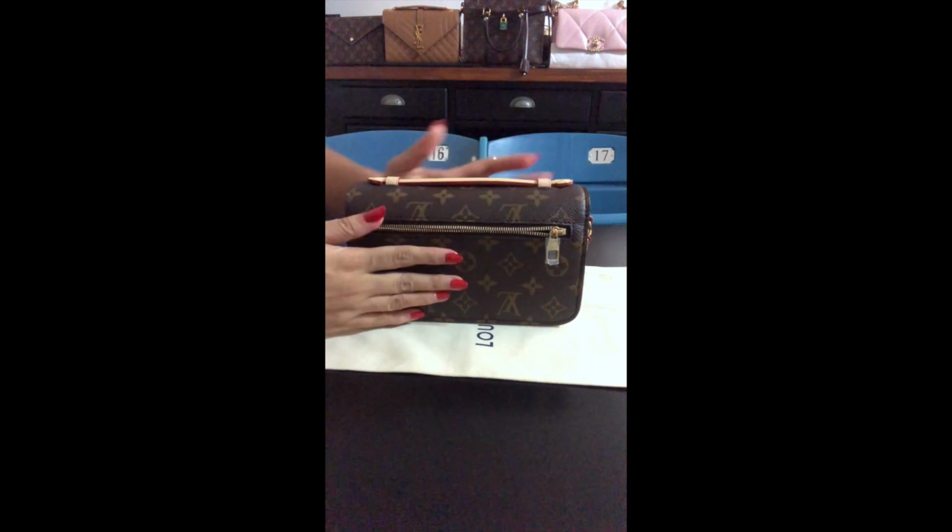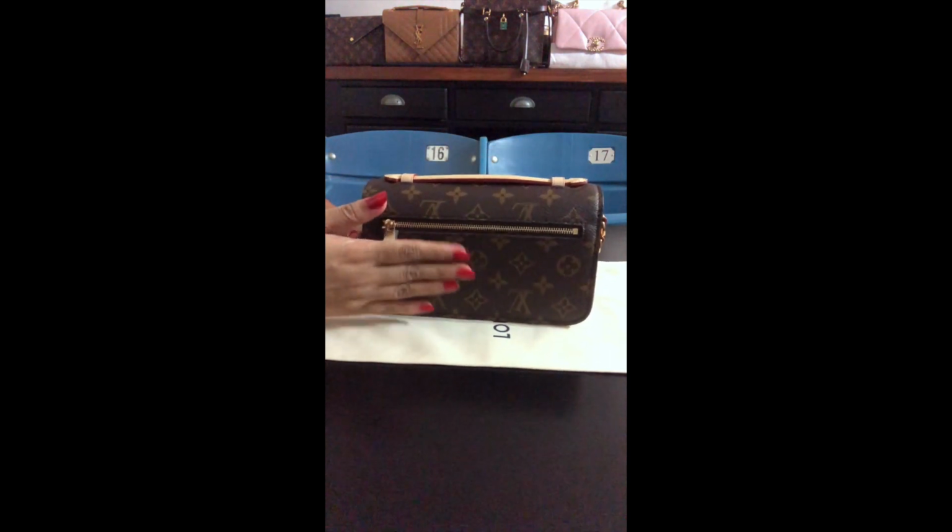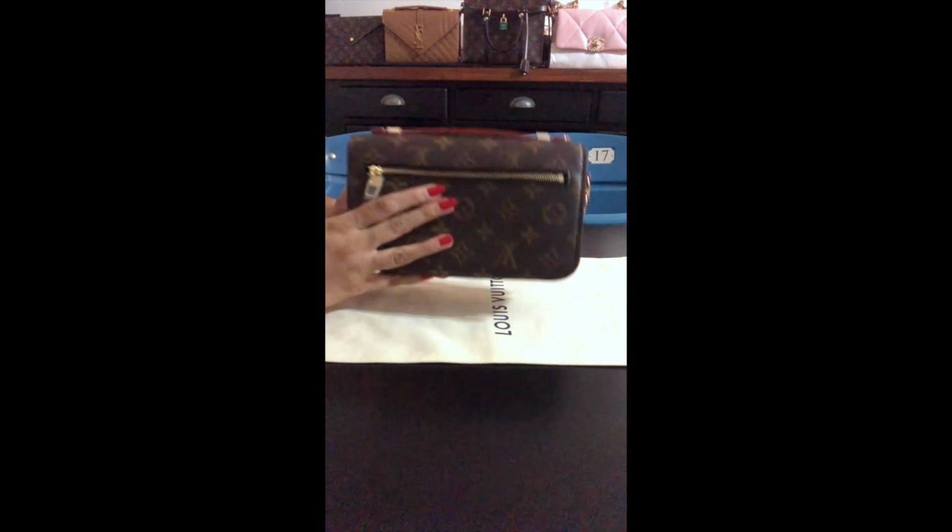I wouldn't want to stress the back of this. So I probably would not put a phone in here, but maybe cards, if you wanted a quick credit card for access, or a quick Metro card, or, you know, a subway pass if you're in the city. And then the bottom again,